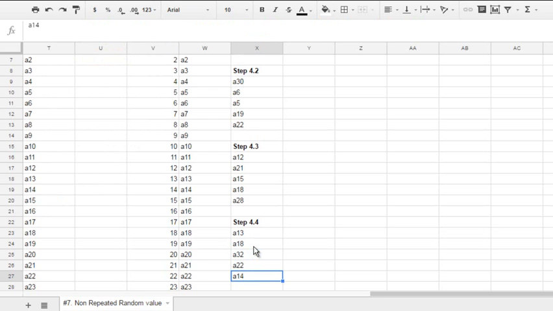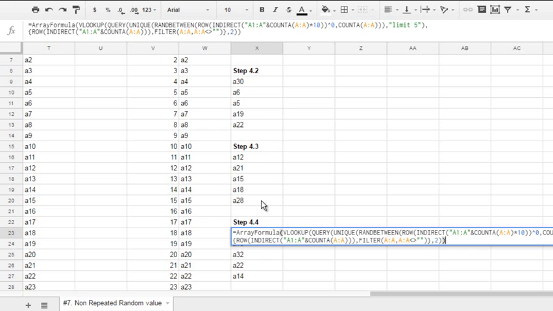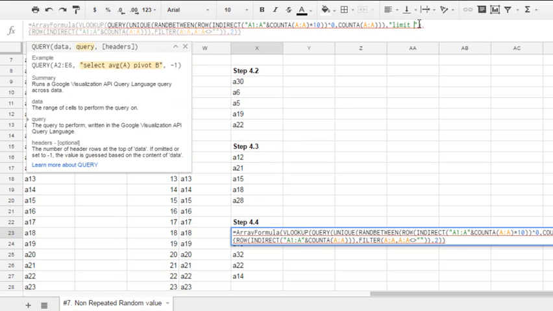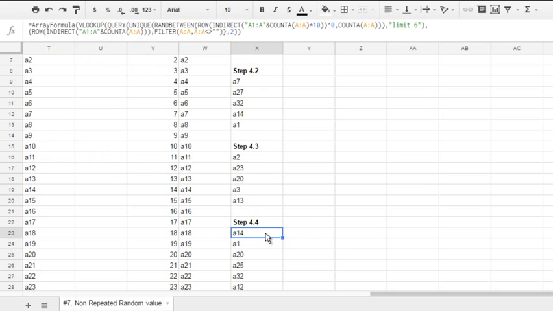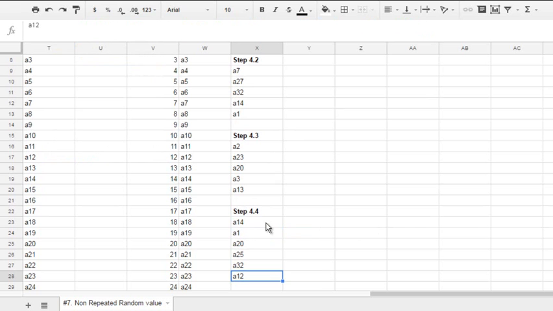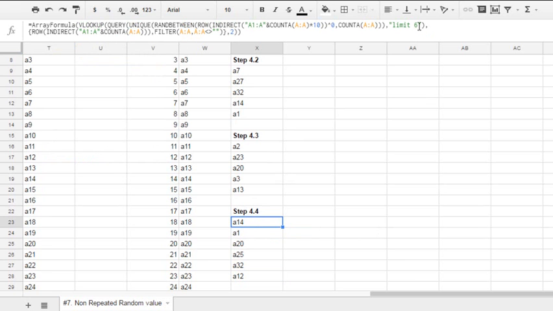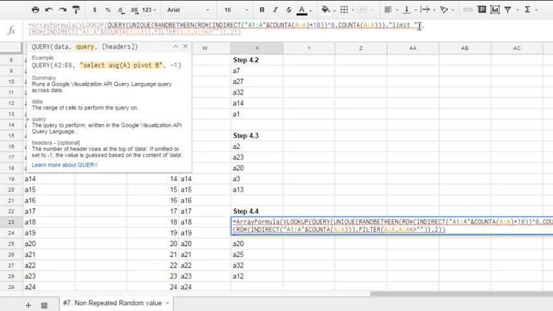non-repeated random values. The number of them is 5, and you see that number 5 is here, is limit 5. Let's change it to 6, and you see the result was expanded into 6 values already for us. And so on, so on. You may control each part of this formula,